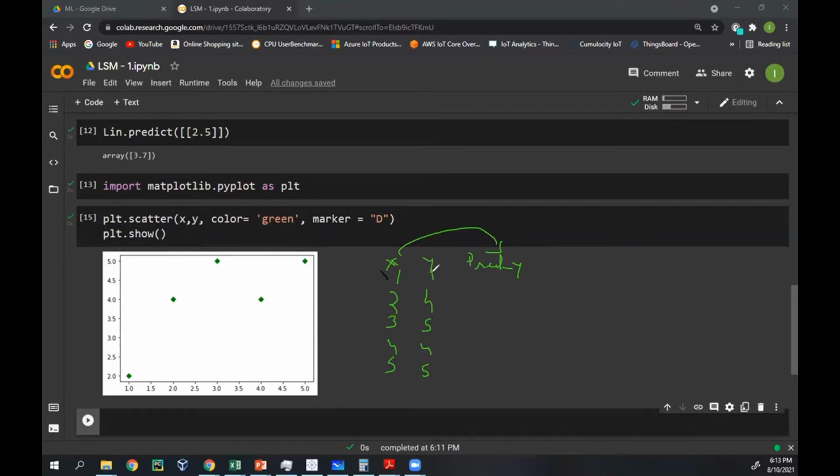Sorry, the value of 1 is actually 2. Okay, this is 2. So the value is 2 here. Those are the pred y values, right? So now what we have to do is use this method, lin.predict